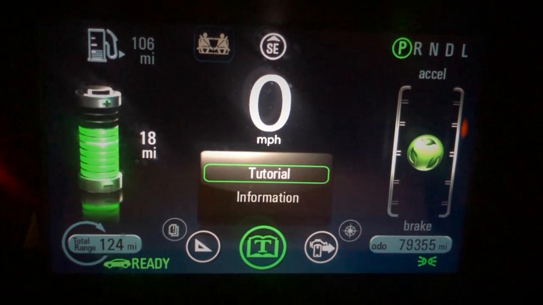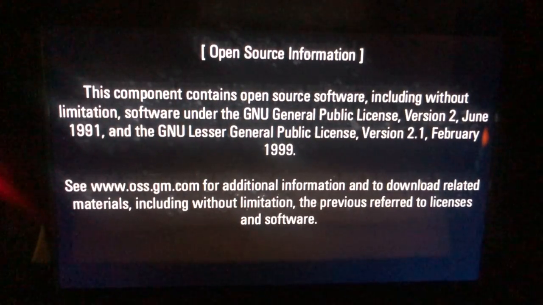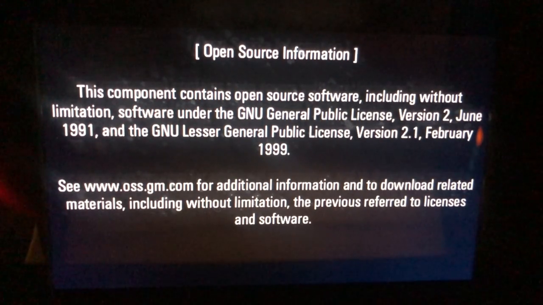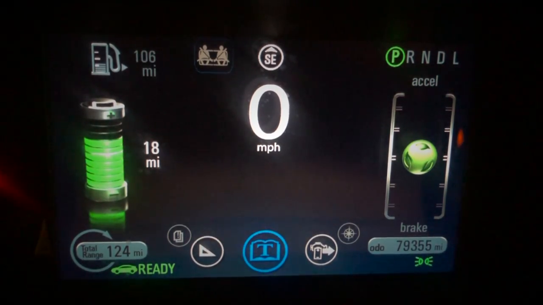Back, and then turn the dial to information. Back,